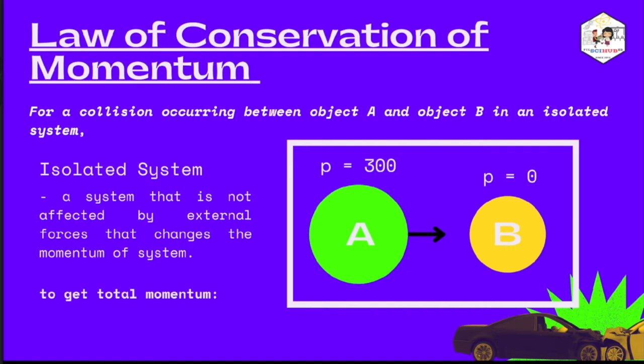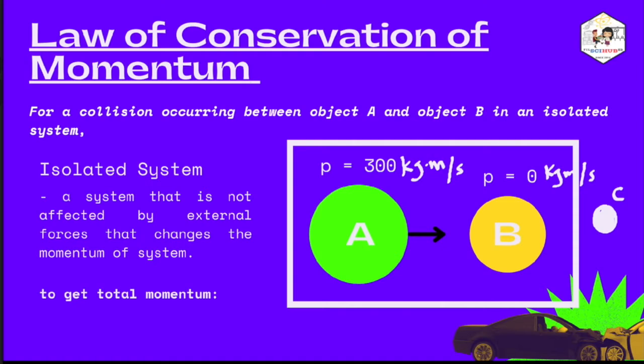So we have here in our slide, or in this example, a box that represents our system. It isolates object A and object B with their corresponding momentum. Object A has a momentum of 300 kilogram meters per second, while object B has a momentum of 0 kilogram meter per second. If we have an object C, a different object outside, with a given momentum, hindi natin siya i-consider since it's not part of our isolated system. We will only be looking at the momentum of object A and object B